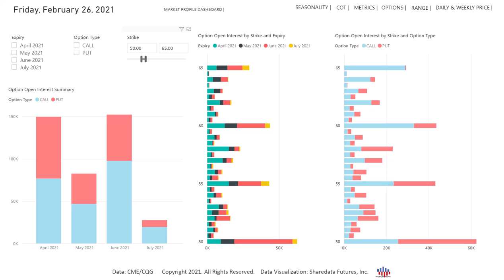Alternatively, we can infer that with the large put interest at the 50 strike and reasonably large at the 55 strike, if the market traded to those levels and they failed as support, the dealers would then be required to sell futures in order to offset their negative gamma exposure and their negative delta exposure at these